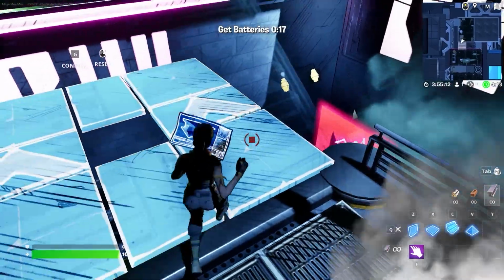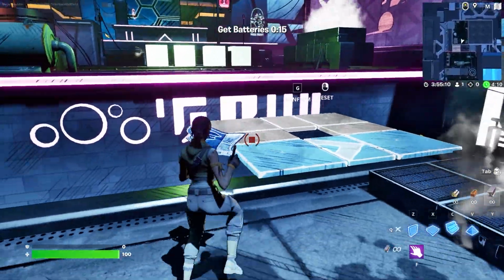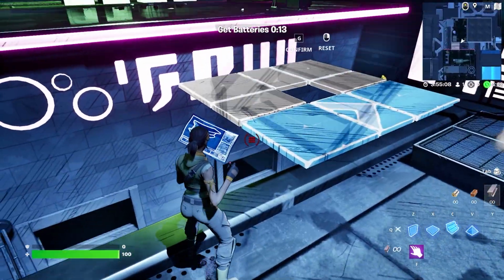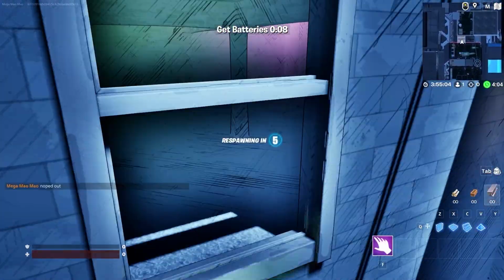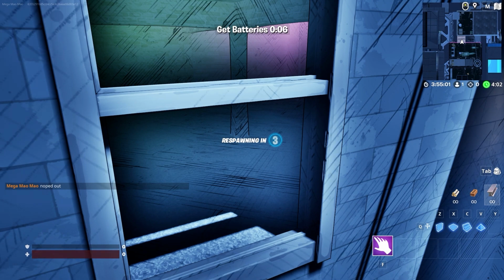And why I can't build this? Can you? Someone in the comments tell me why I cannot build this thing here. I should, right? Yeah, I really should. But anyway,